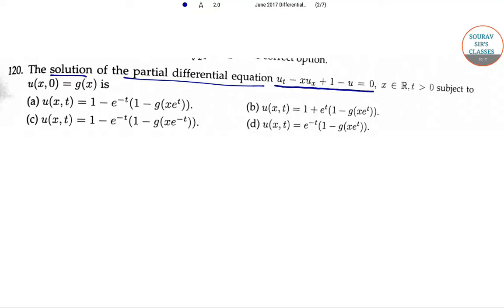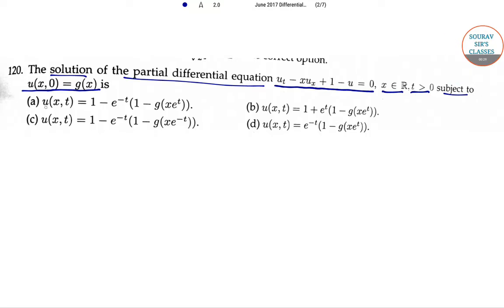Today we are going to solve a few questions on differential equations. The question is, the solution of the partial differential equation u_t minus x u_x plus 1 minus u is equal to 0, and x belonging to R, t greater than 0, subject to u(x, 0) is equal to g(x), is